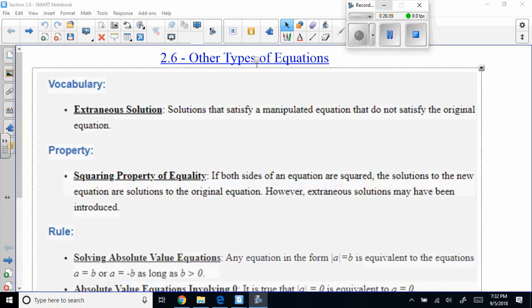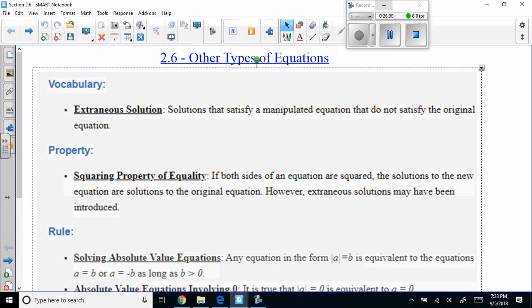Okay, guys, we're in 2.6. We're looking at other types of equations. The ones that we're really going to look at this time are ones that have radical or rational type exponents, radical equations, period. So we're going to look at stuff that have extraneous solutions, which means